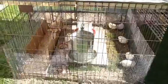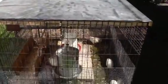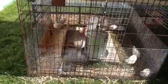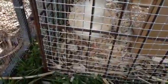And these are the girls. This top is waterproof, and they get a little clutch over here. See the eggs? They're about 5 weeks going, maybe 6, and they're just starting to make eggs. This little thing I put inside here